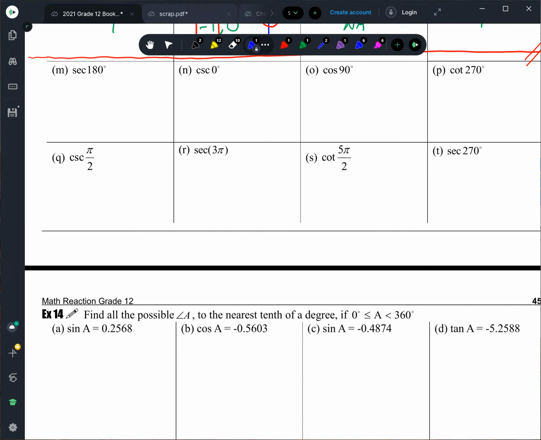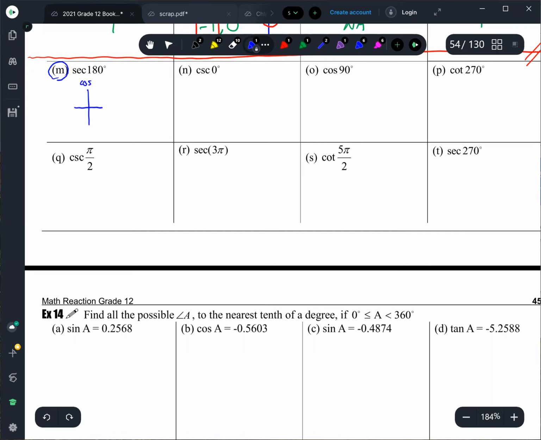For those of you who are still quite confused where to start, okay, I'll demonstrate one, okay? I'll show you the process of my thinking, okay? For example, question N. The question, right, is secant. So you start thinking, oh, secant, I need to think about cosine, right? Secant cosine is reciprocal. And it's 180 degree, right? So I look at cosine,